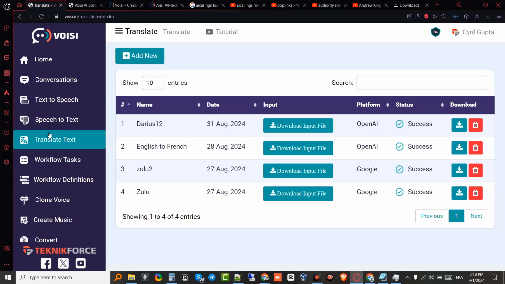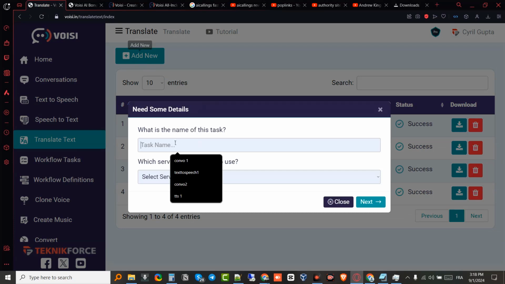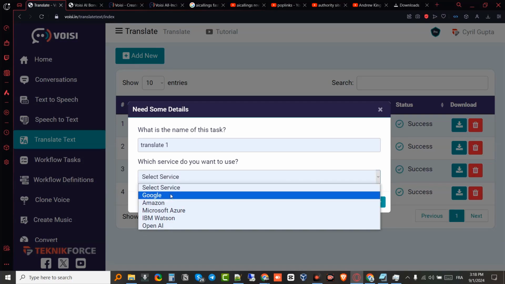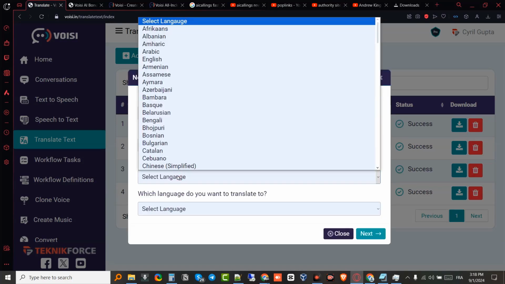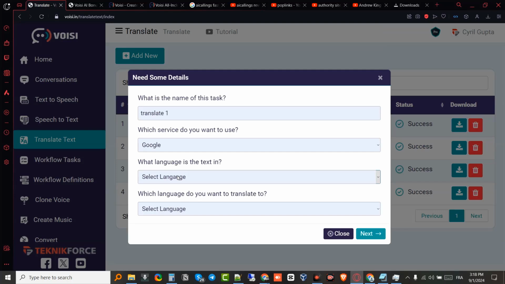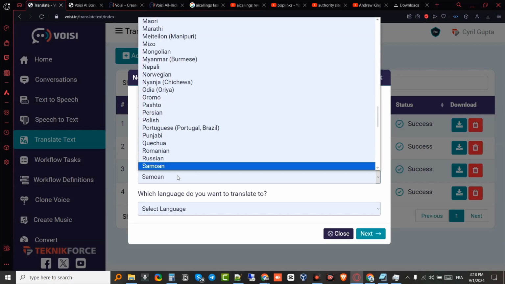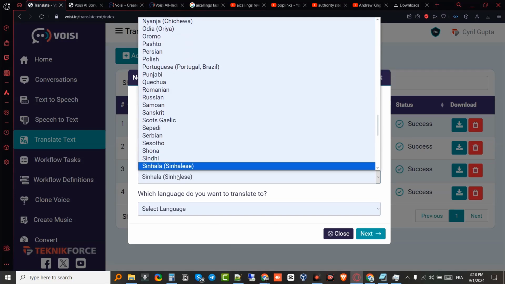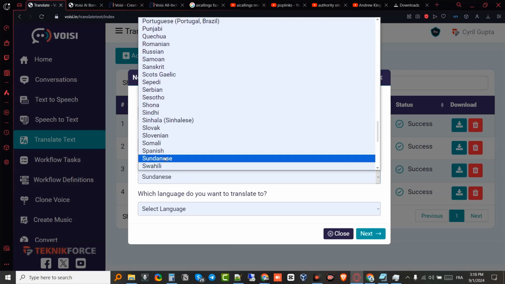We go to the translate text. And this one is basically what it says. You get to translate any text you want. Let's go here and name it translate 1. Let's go with service Google, and then we are going to choose the language. For example, I'm going to go with Spanish to English. So let's search for Spanish here.